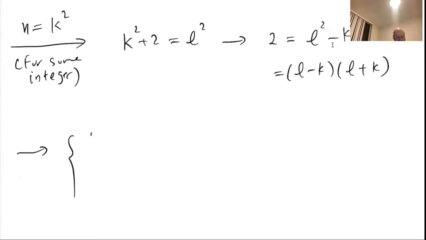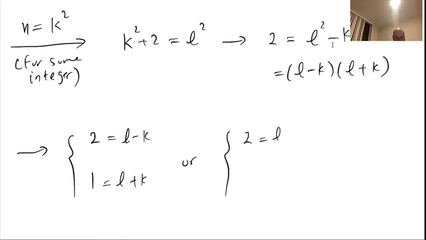And then this means 2 is equal to, okay, now I have a product of two numbers equals 2, and both those numbers are integers. So when can I say that the product of two integers is 2? If one of them is 1 and one of them is 2, or one of them is minus 1 and one of them is minus 2. So I can say 2 is equal to L minus k, 1 equals L plus k,